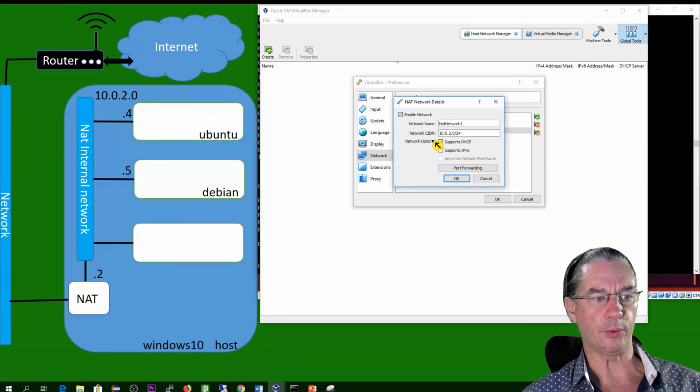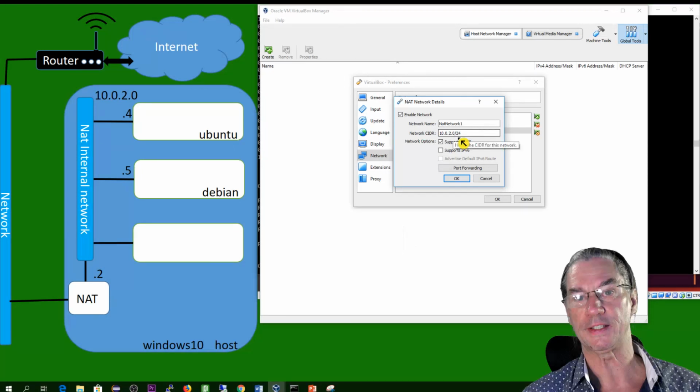We'll see how it was defined. You see here that I have defined a network with that IP address of 10.0.2.0 and the /24 is the subnet saying that we leave the last byte to define the different hosts, meaning that we can have 254